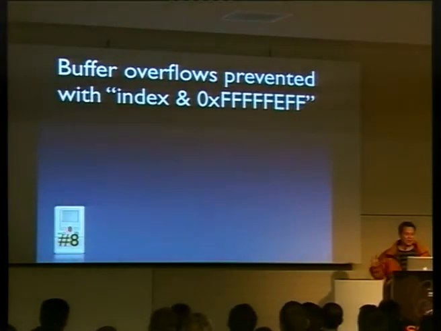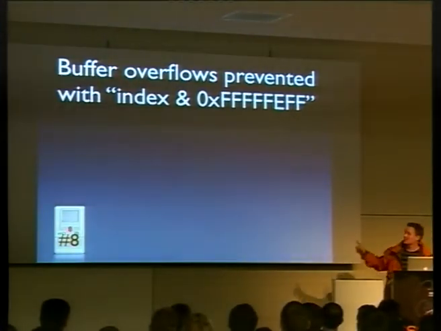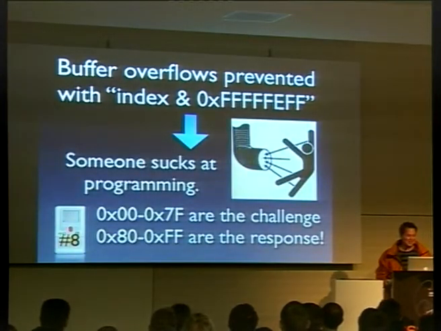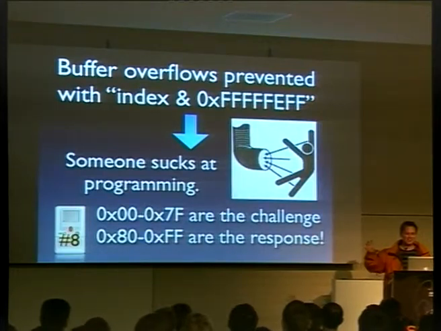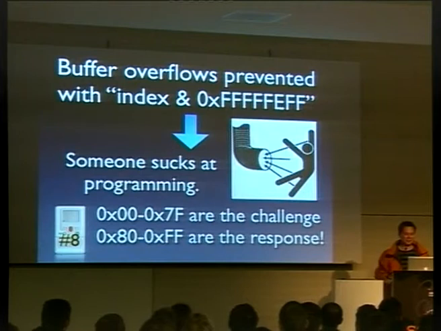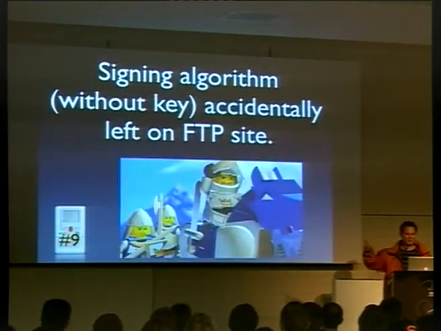And they have this great algorithm in there that prevents buffer overflows with this formula here, which doesn't do anything. So it lets you get the challenge and the response back, and you can't get the byte past the response, but all you need is the response you're looking for. So someone messed up, it should have been AND 100. And then the last vulnerability,